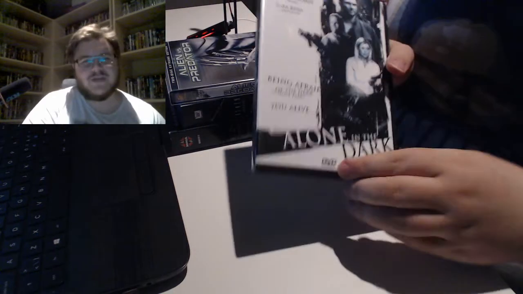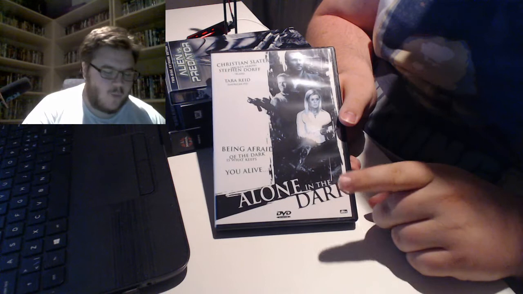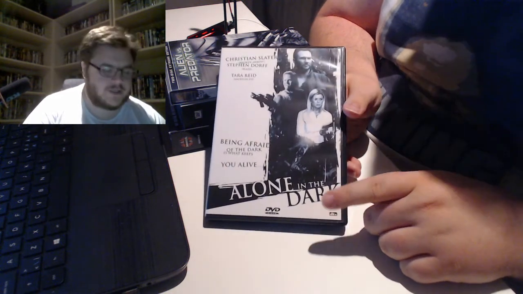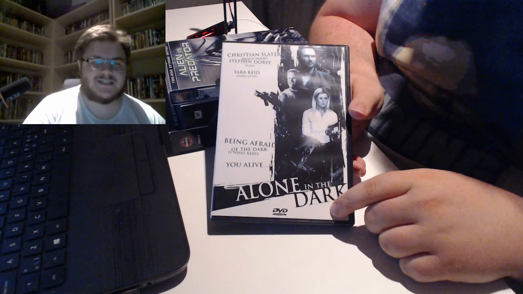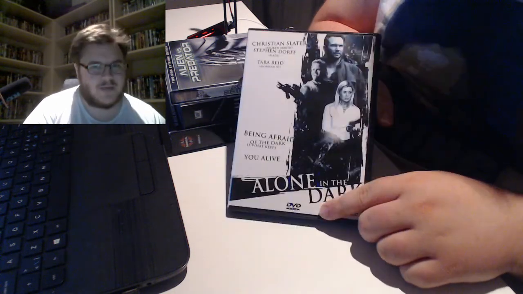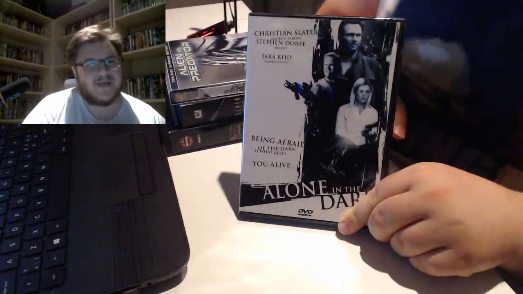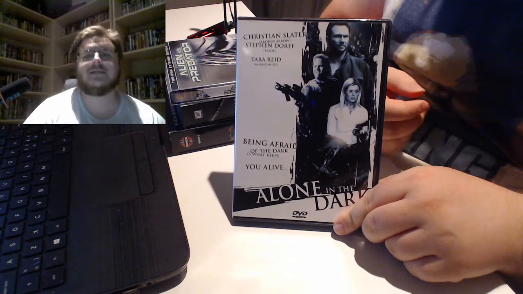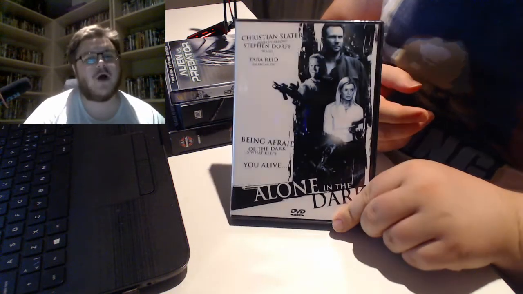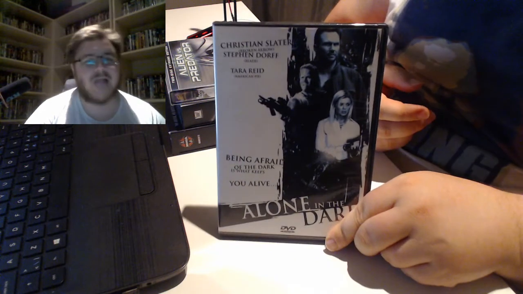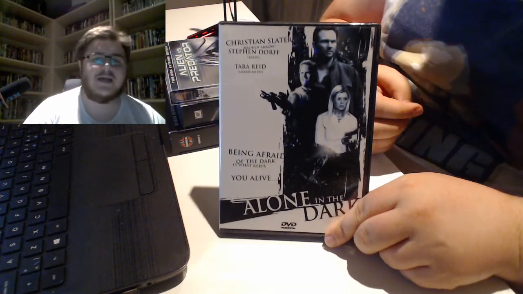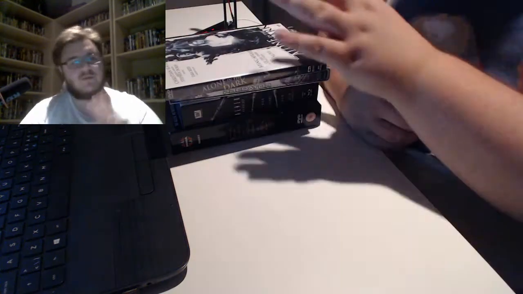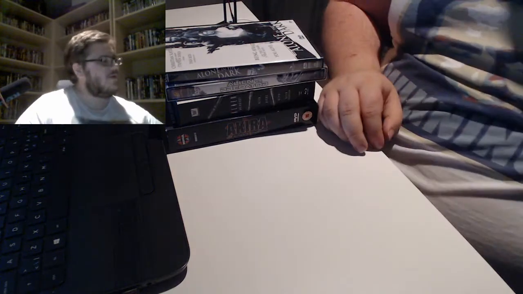More quality movies here. Alone in the Dark. This is the one and only Uwe Boll movie that I own, and I will never buy another one. I've watched this once. I haven't touched it since then, except for when reorganizing my shelves. This is a terrible movie. It's not even enjoyable to watch as a so bad it's good movie. It is just terrible. I bought it because I heard, oh, Uwe Boll, he makes such hilarious movies. They're so bad, but they're so funny. No, this is just miserable. Just miserable. Ugh.